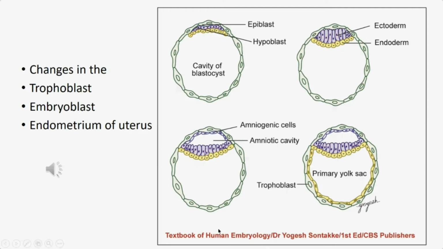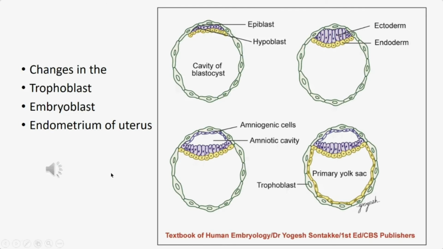So here we see the figure in the 2-dimensional view. Assume it is as it is in 3 dimensions. So imagine that this is a small cricket ball and all this happens inside the cricket ball. So the outer layer is the trophoblast. At one end of the trophoblast, there is the attachment of the inner cell mass, and then the inner cell mass is divided into the endoderm and ectoderm.